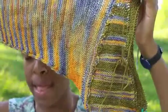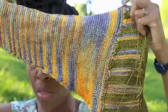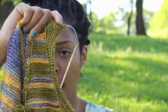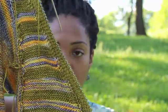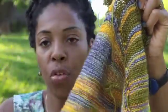And it's a really lovely pattern where you start by knitting this triangular center panel, and you pick up along the right side and decrease for one wing of the shawl. Then you pick up along the other side and you decrease along that side for the other wing of the shawl. So I'm a little over 2/3 of the way through,